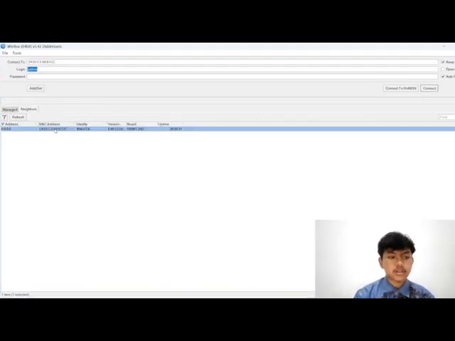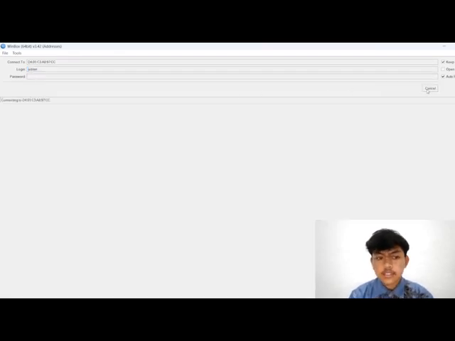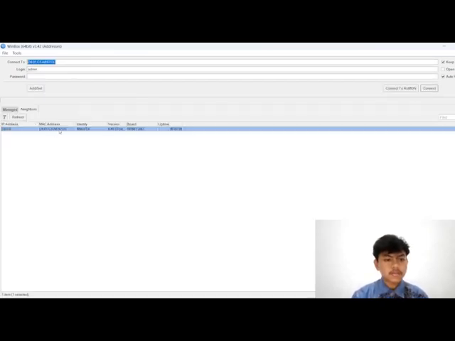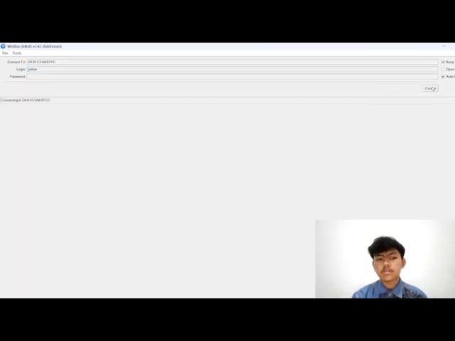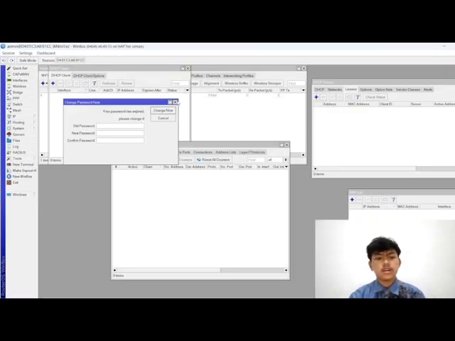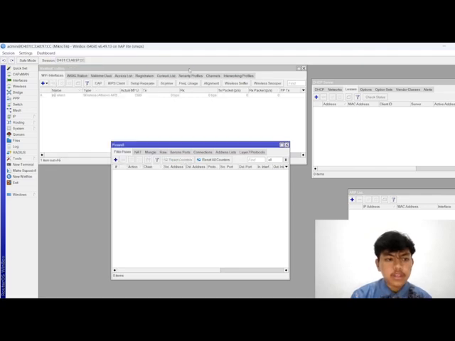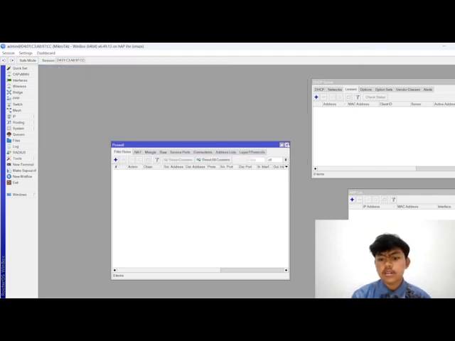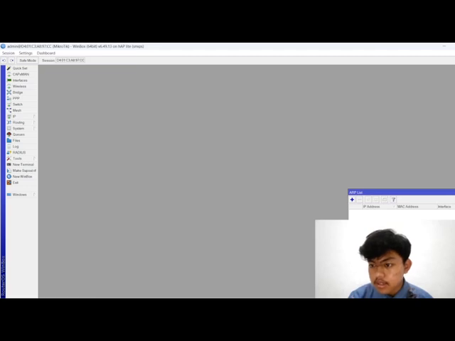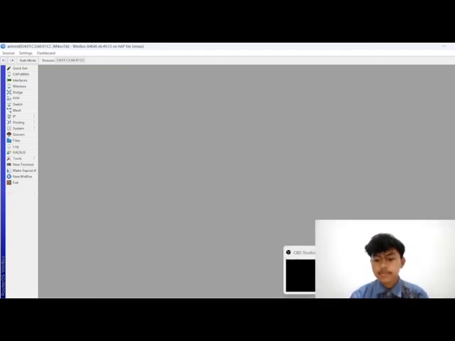Now you can connect with MAC address. Sorry guys. We insert in the MikroTik.